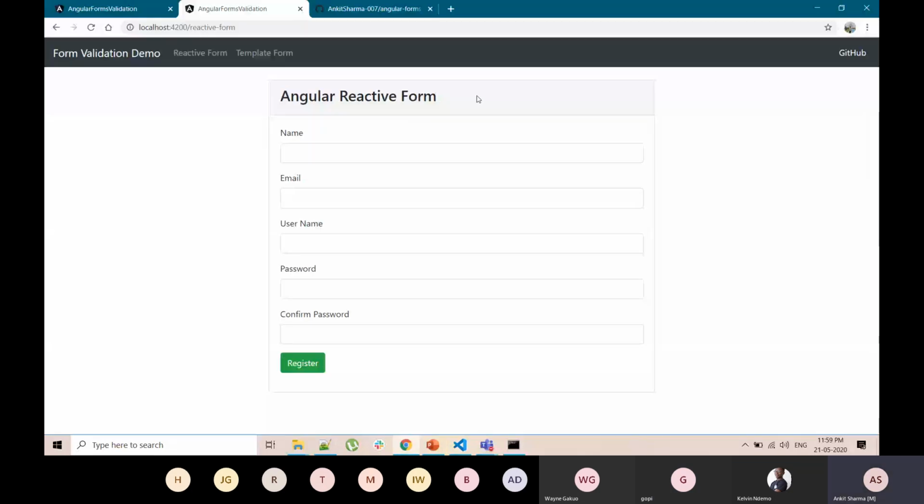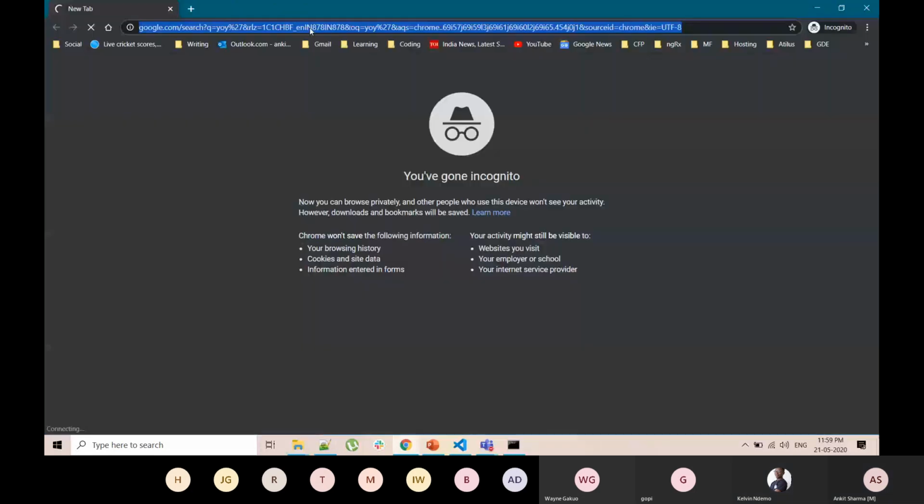The internet is slow or what? It seems that internet is a bit slow. Yeah, maybe internet seems a bit slow here because YouTube is taking some time to open. But ideally, this should not happen. I'm not sure because earlier also I had a call in the evening at 8 o'clock and everything seemed fine at that time. But okay, let's proceed here and see, if there's any problem, then let me know.